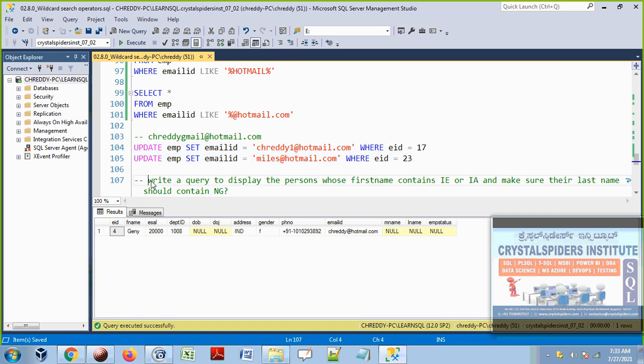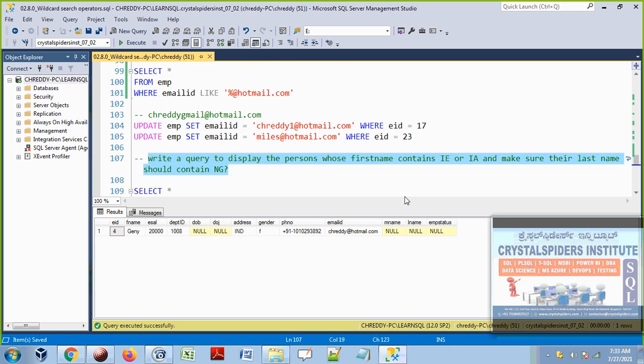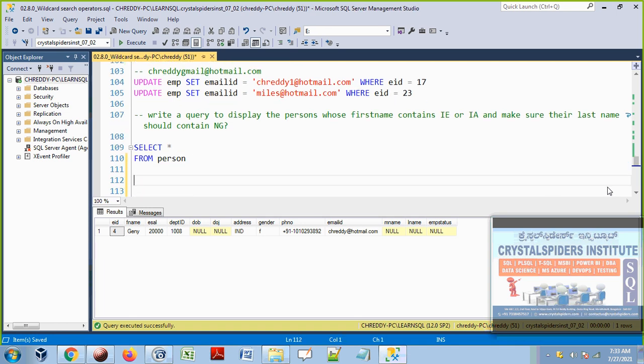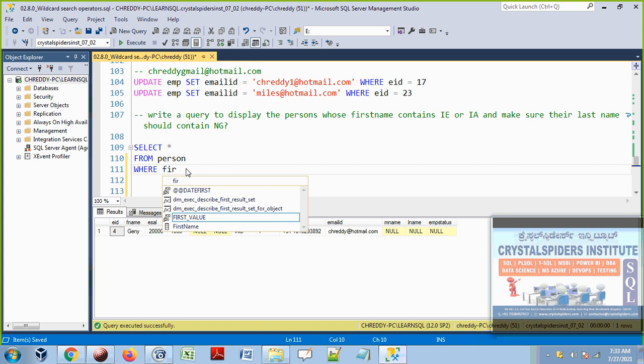Okay, this is fine. So write a query to display the persons whose first name contains IE or IA and make sure their last name contains NG. Guys, you see that here. So now we want to display the persons whose first name contains either IE or IA. So now let's start writing the conditions, where the first name